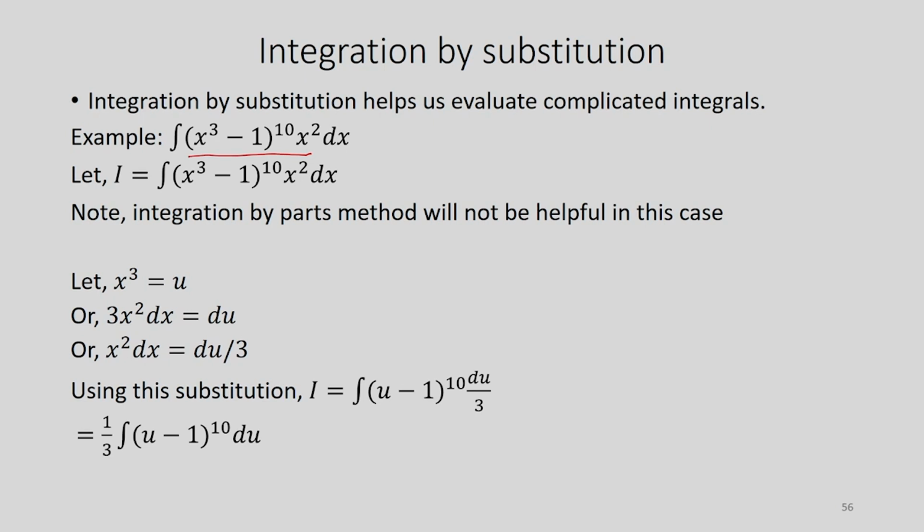Now, obviously one can do the following: you take this expression x cube minus 1 whole to the power 10 and you decompose it, because this is like a plus b to the power n, and this can be found out using the binomial series. But there are smarter ways of doing that, because this will become a very cumbersome exercise. It will have more than 10 terms, and then you are multiplying it by x square. So, it will become a long series of terms. So, a better way is to do